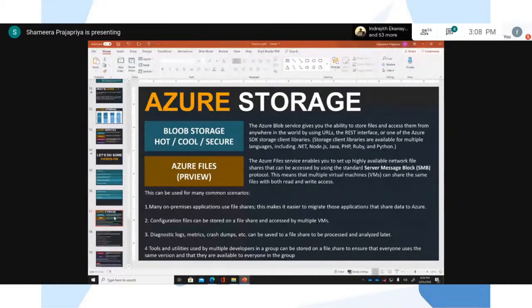What is the difference between these? The only difference is pricing. When you come to calculate the price for storage, it charges for the storage capacity and for the number of read and write operations. So when it comes to hot, what we recommend is to use hot if you are accessing the file frequently. The benefit is the storage cost is a little bit higher, but the read write cost is a little bit less